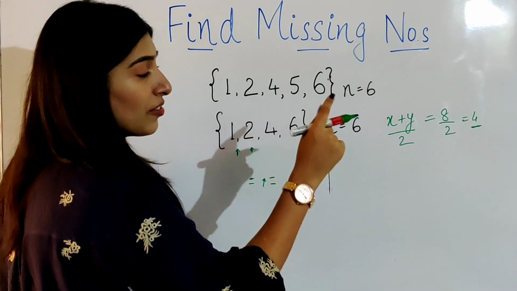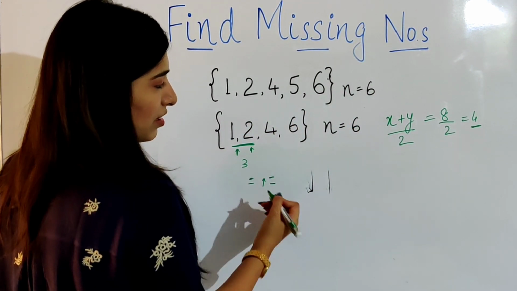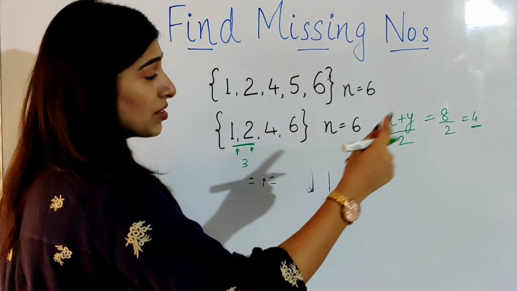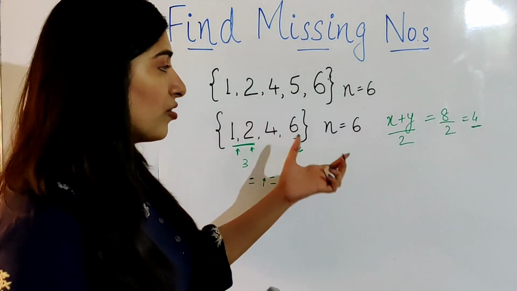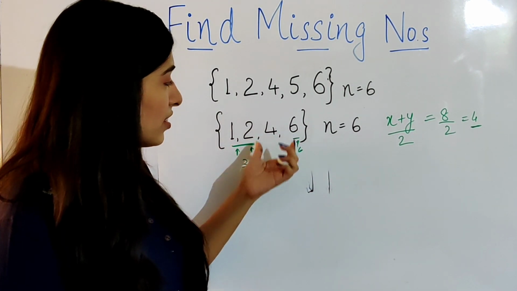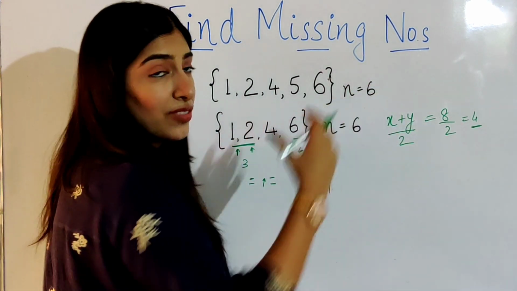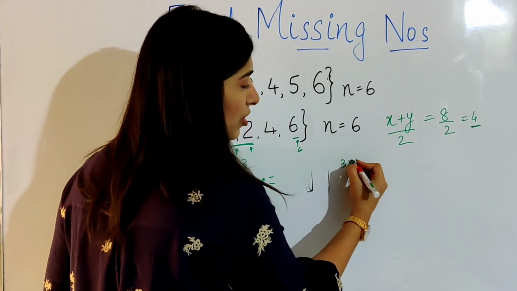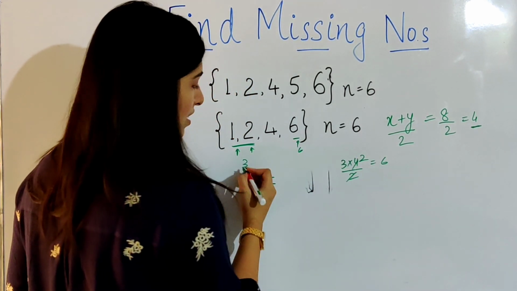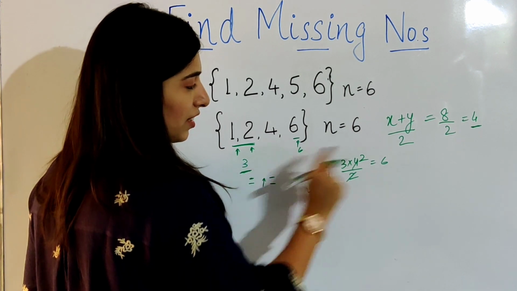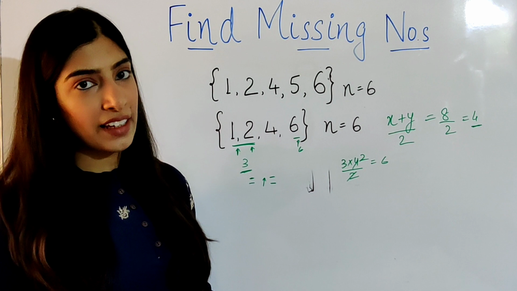Let's see, the sum of all the elements that are lesser than 4 will be 1 plus 2, which is 3 in this case. And the sum of all the elements which are greater is 6 in this case. Now we can just calculate the differences and we will see that 3 and 5 are missing. Let's calculate what will be the sum of numbers which are less than 4. It will be 3 into 3 plus 1 by 2, which in our case will be 6. 6 minus the sum that we have, which is 3, we will get the number 3. Similarly, we can find the second number.